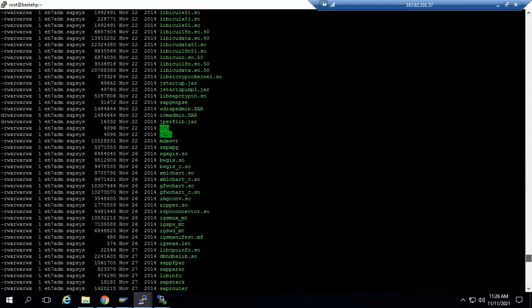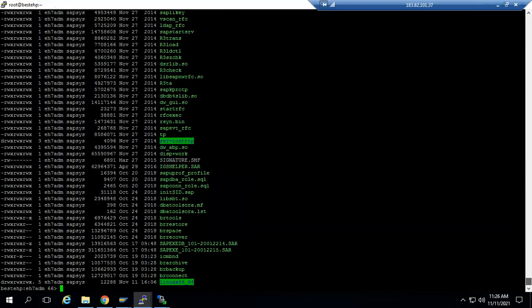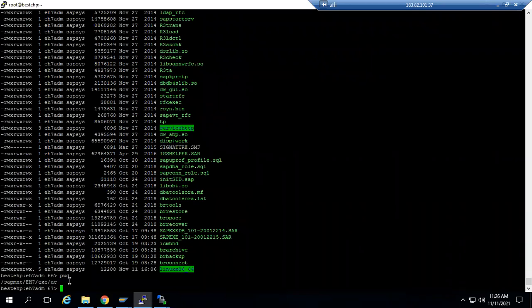Why have these guys copied into this location? This is not required. So what I will do: cp -pr, and I will try to copy into /sapmnt/EH7/exe.